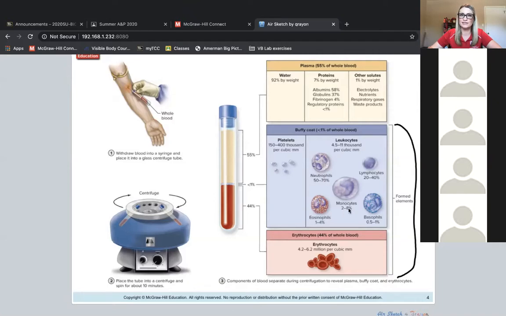And that's our buffy coat. And then the last part that we see here are erythrocytes. And erythrocytes are,